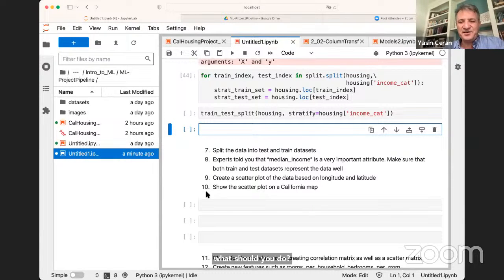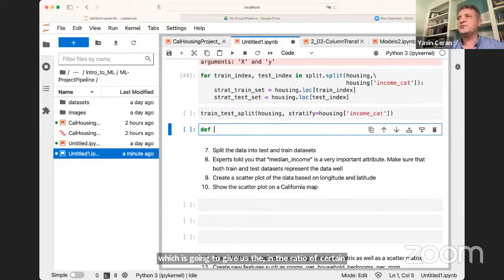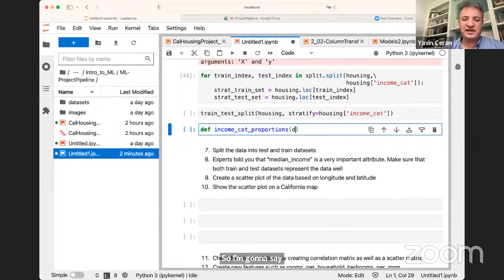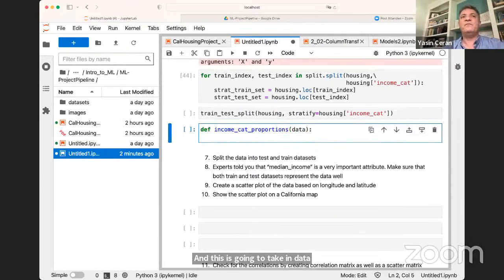Before moving into visualization of our data set, let's focus on what is the impact of this stratification on splitting our data into train and test. So for that, let's just create a very simple function, which is going to give us the ratio of certain category in our data set to overall data set. So I'm going to say income category proportions. And this is going to take in data as the parameter, okay? What it will return is,